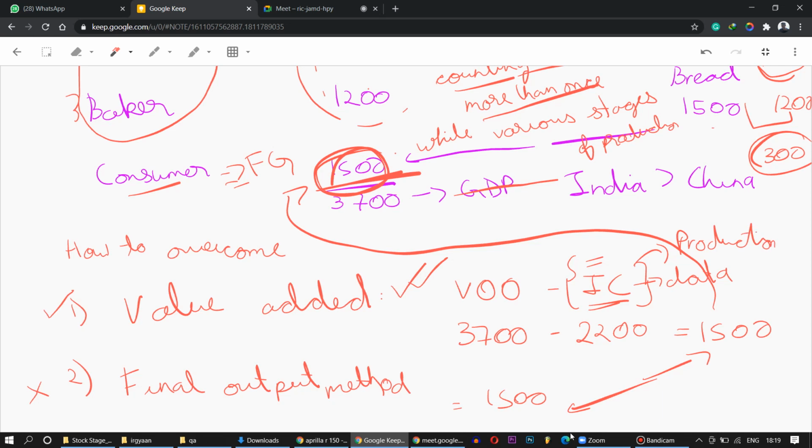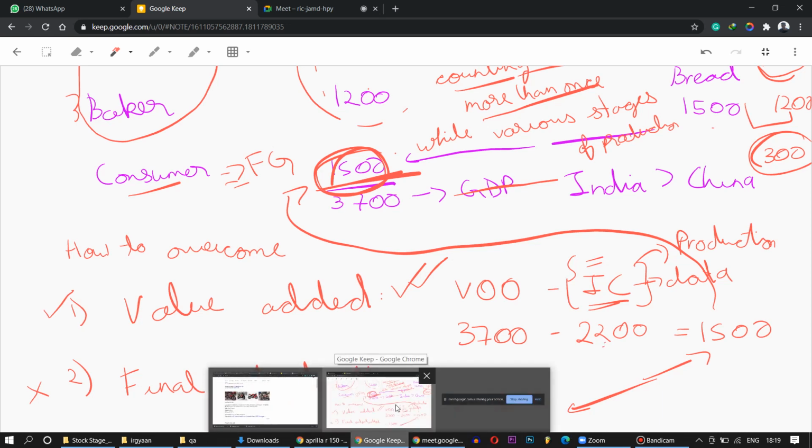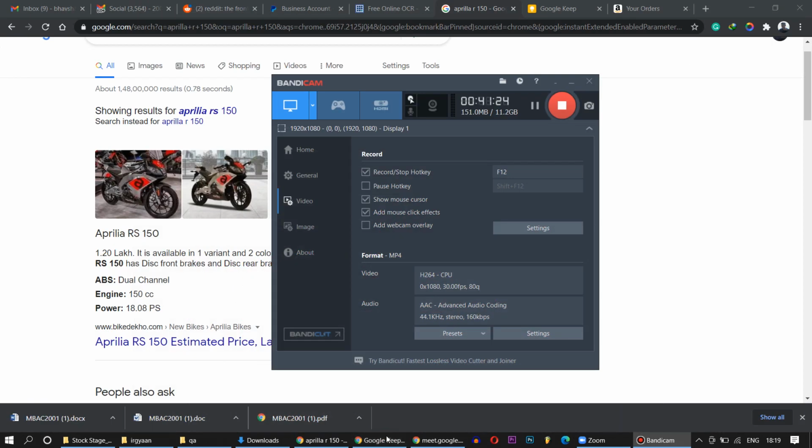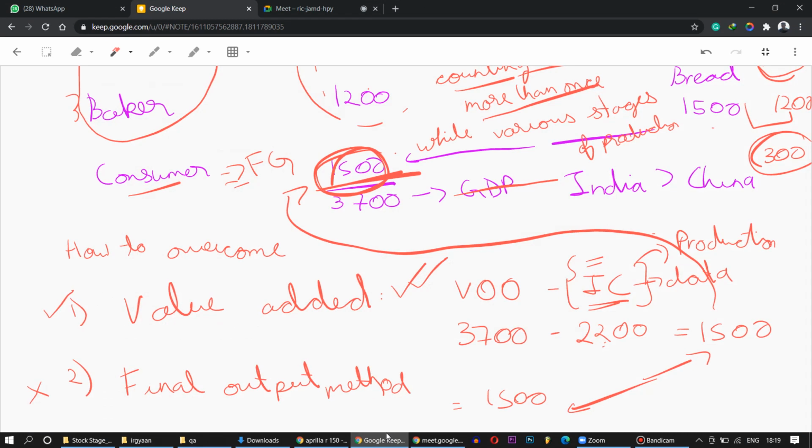As a finance minister, you should know. Output came, but what were the inputs? Why was the input so costly? Can we reduce the cost of the input? Can we give the goods at a lesser price? Why are we wasting so much money in subsidy? Right? So those are important things which we need to know. And that is why it gives recognition to individual contribution also. And thus value added method is taken into consideration way more often.